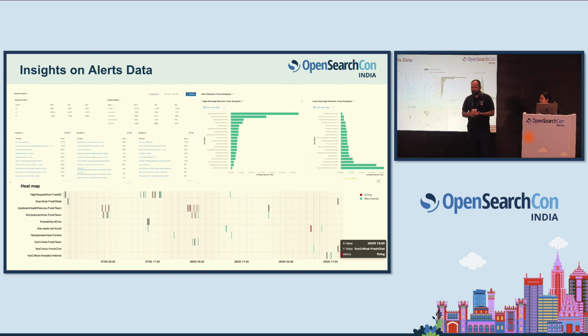For alerts, the major point was how it is getting correlated with fatigue. What is your alert fatigue is a common question we get from all our production teams. So we wanted to reduce the fatigue. We cannot do that as an observability system alone. We should let them know what our fatigue alerts are. How would I show them? This is the way I can show them. I want to tell them the average resolve time for an alert. Is it 1 minute, 2 minutes, or 5 hours or 6 hours? It means your alert rules should be scrutinized at each level if I show all this analysis.